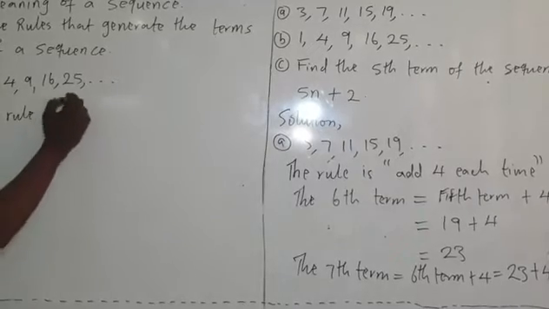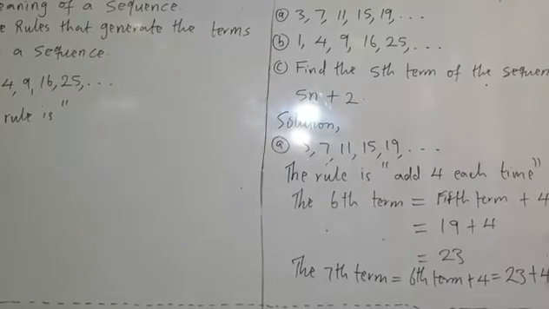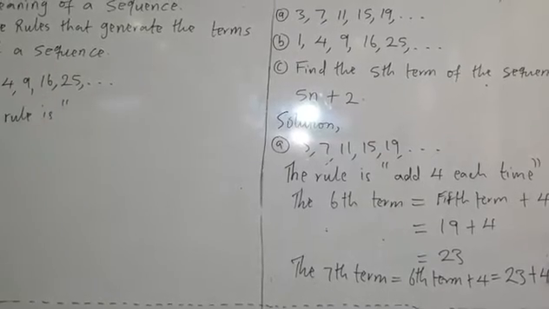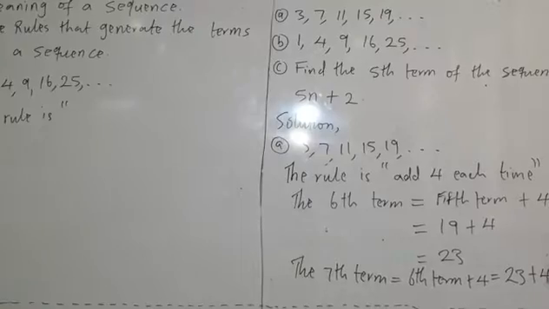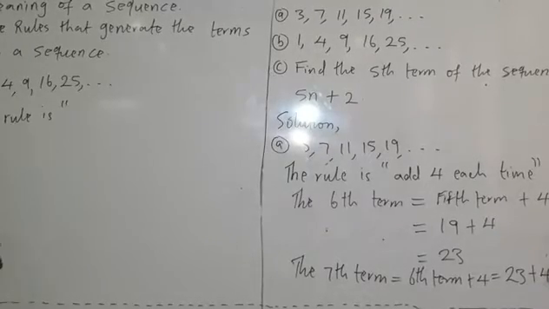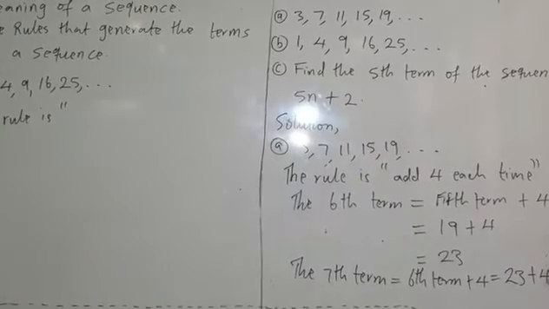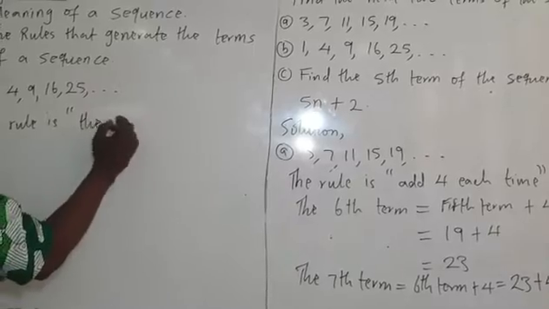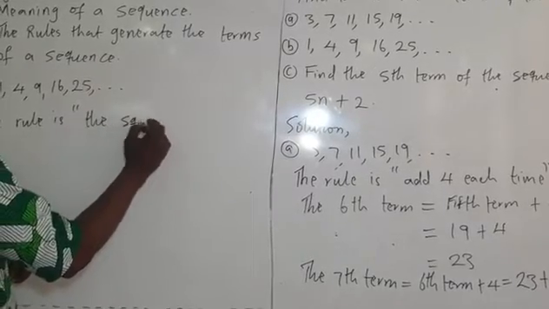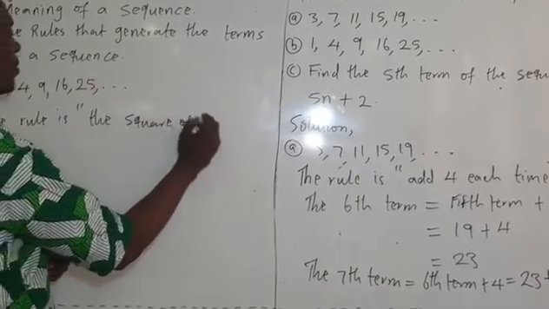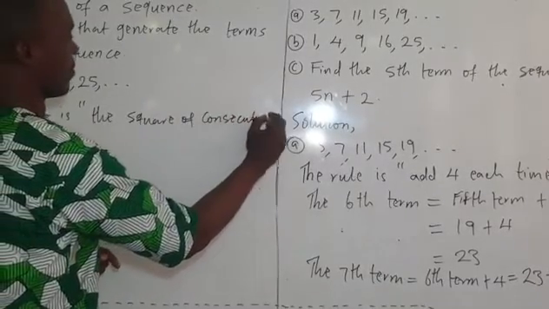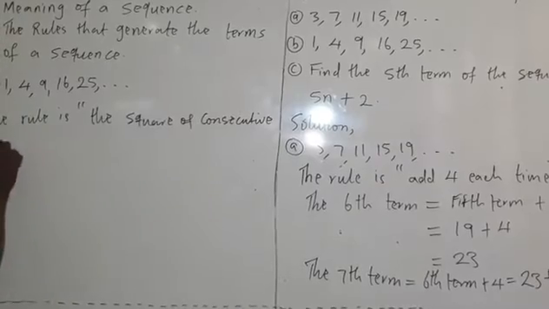is what? We have all the numbers here, they are all perfect squares. So to get the rule of this, we are going to look for the square of consecutive natural numbers. So the rule is the square of consecutive natural